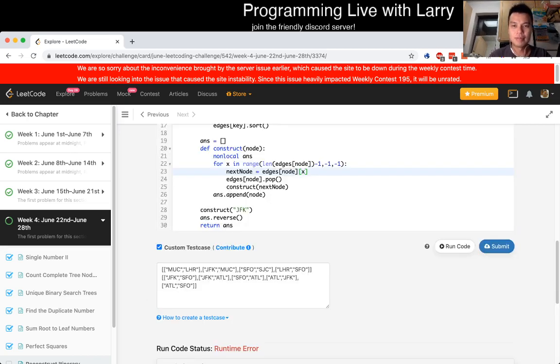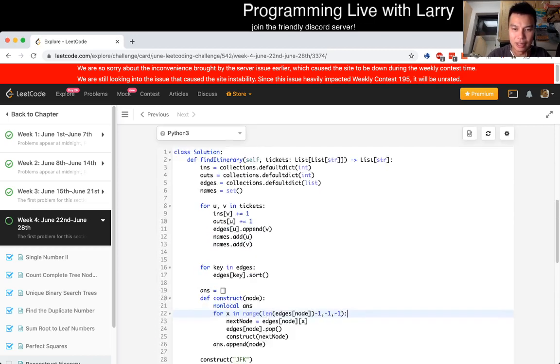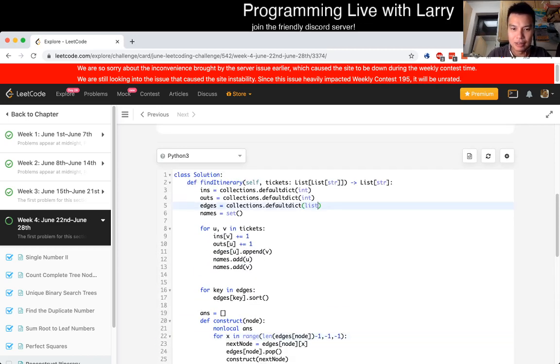Oh, how do I do this in a good way? Usually I don't use an edge list for this. Okay. Let's just do it